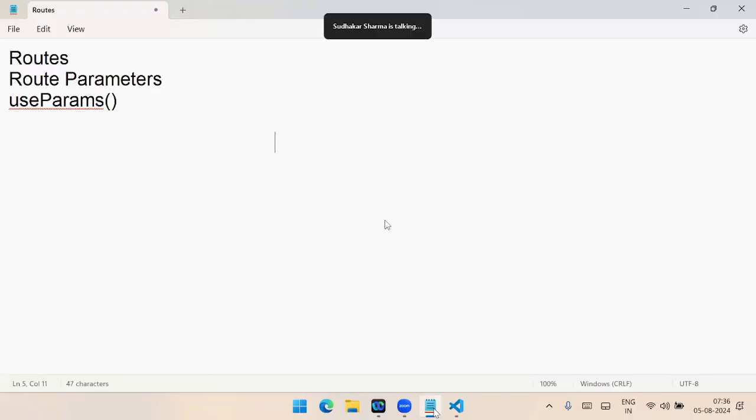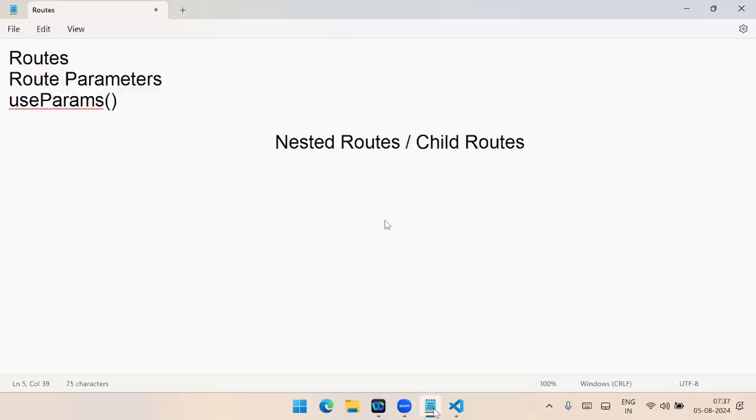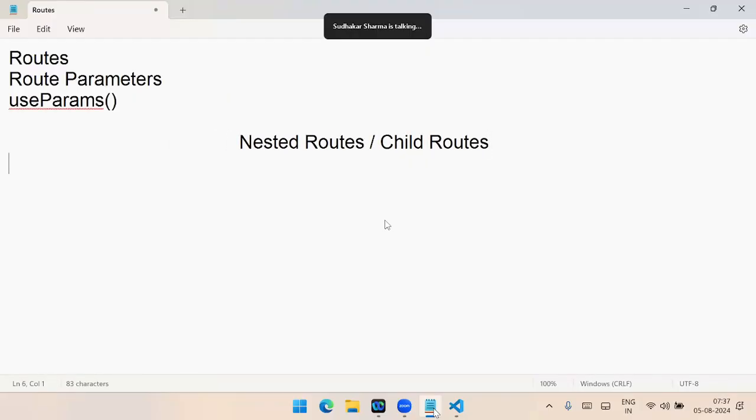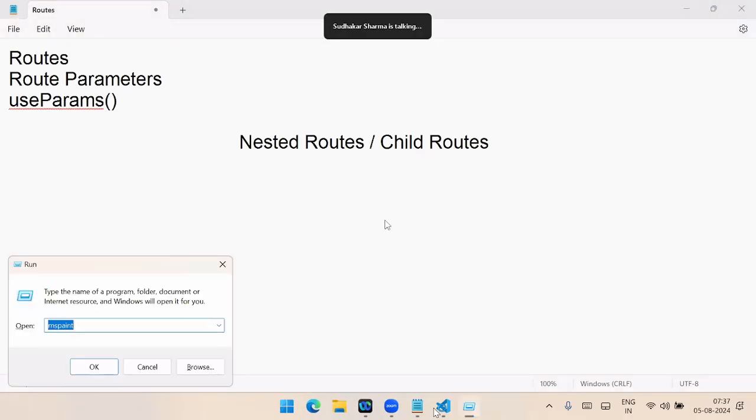That is how we can use nested routes. Nested routes, or we can say child routes. How we can define the child routes. So nested or child routes. Usually we use nested child routes on different occasions, in different module systems. For example, suppose,